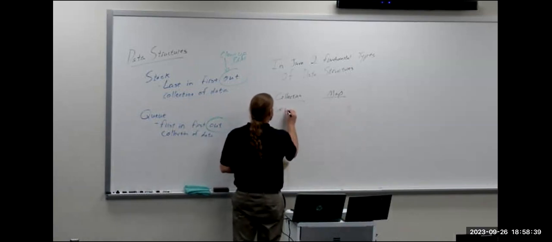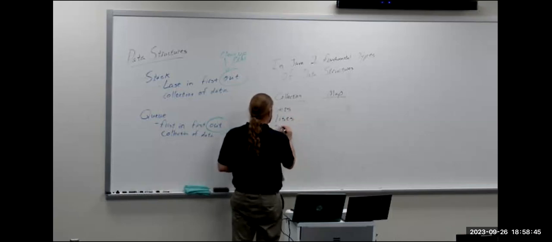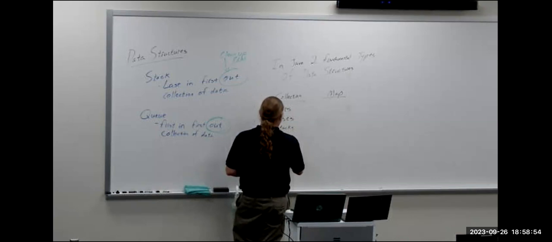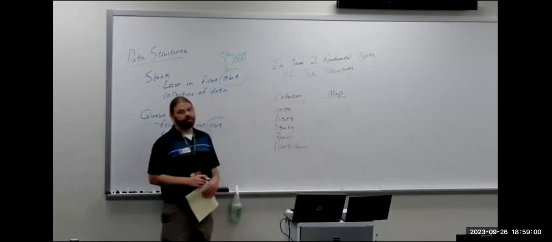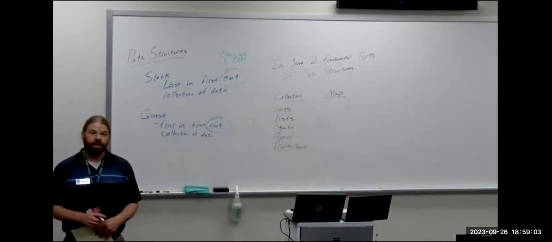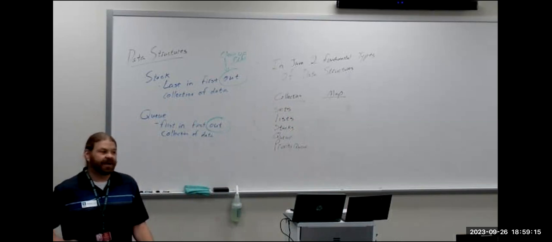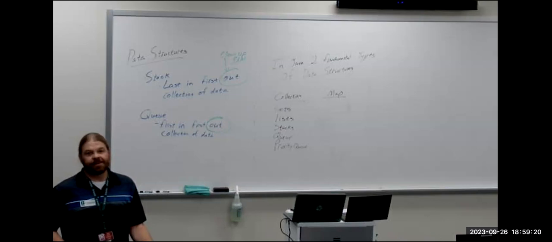Collection has Set, List, Stacks, Queues, and Priority Queues. We'll probably look at those. A priority queue is a queue, except that instead of first in, first out, it organizes the data in its natural order. So if we pass in a bunch of strings, they will be switched to alphabetical order and go through in alphabetical order. If we pass in a bunch of numbers, they'll be put in sequence